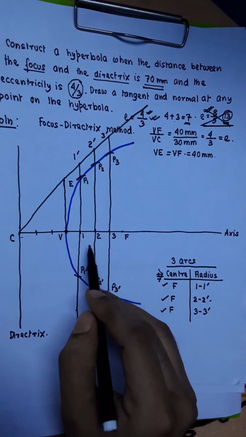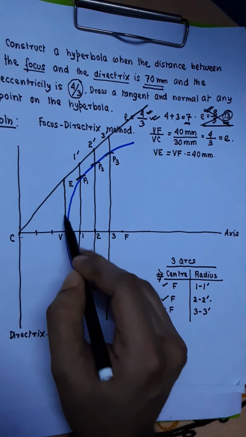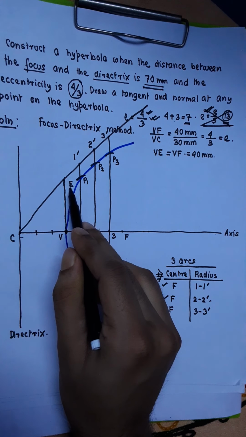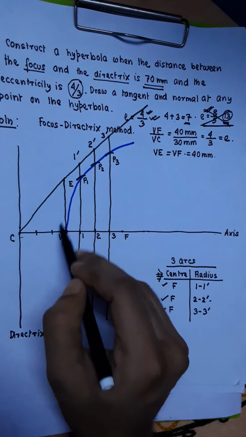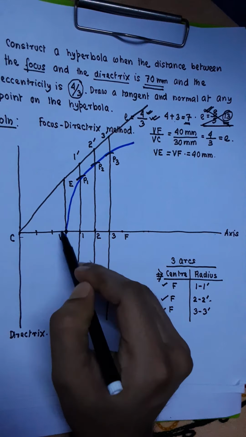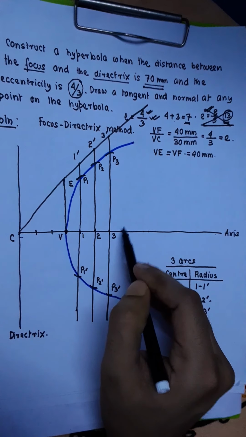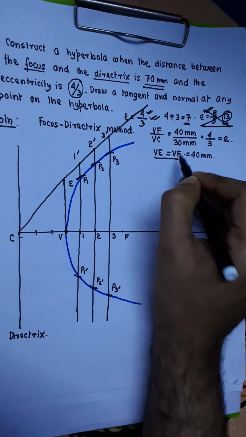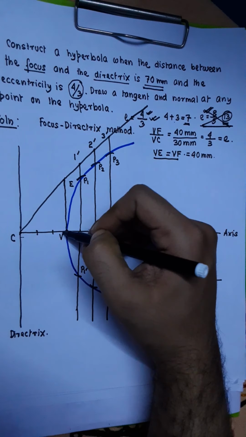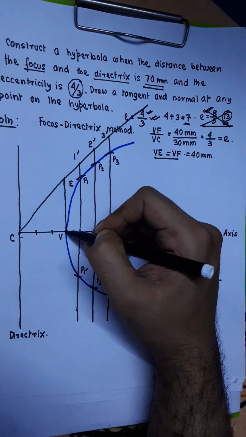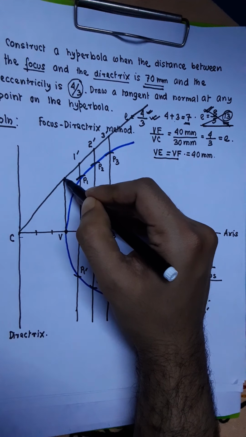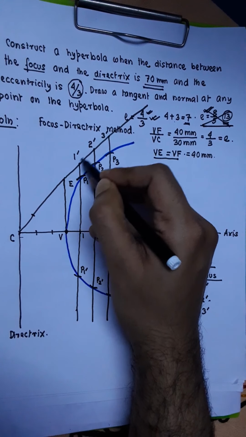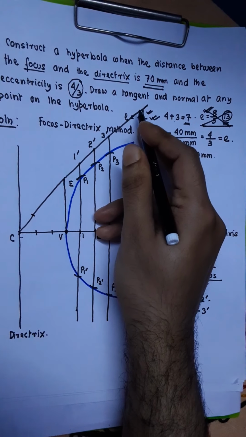After that, you draw a vertical line through the vertex whose other endpoint is called E in such a way that the length of VE and the length of VF should be equal. So making VE equal to VF, we draw a vertical line through the point V. Then we join the point E with the point C to get this line, and we extend this line beyond the point E on this side.